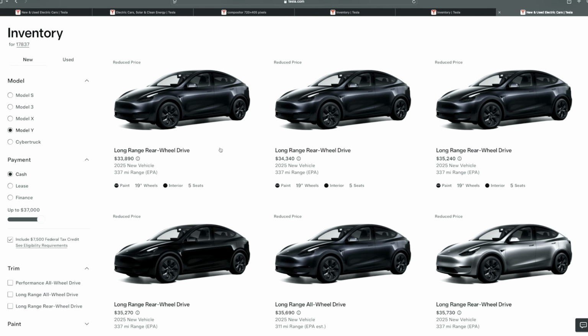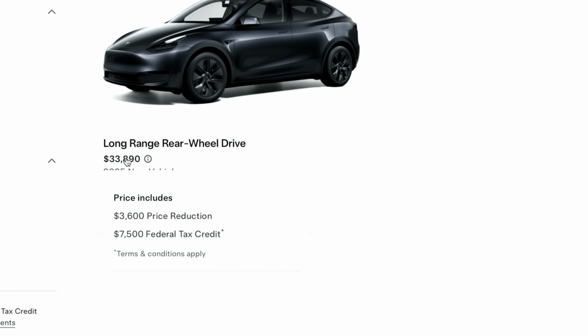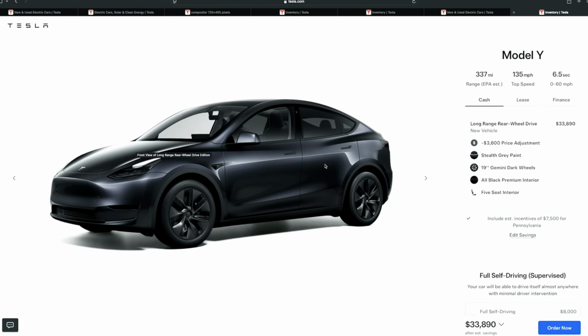So if you go to like $37,000 here, we can scroll around and see, here's a $3,800 price reduction. Here's a $3,150 price reduction. And you can hover over and see what the price reductions are. In terms of what the cheapest is, I can see right now, that's going to be this one here for $33,390. It's a $3,600 price reduction. It's got the tax credit included in there, and this is currently the cheapest Model Y in the existing inventory